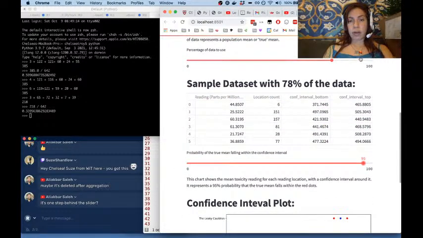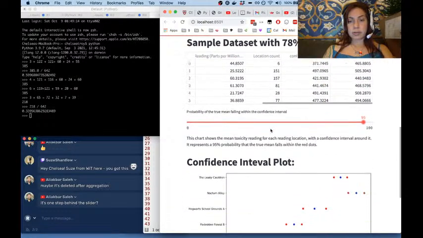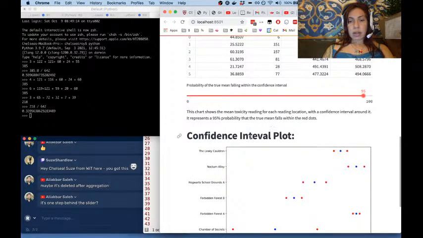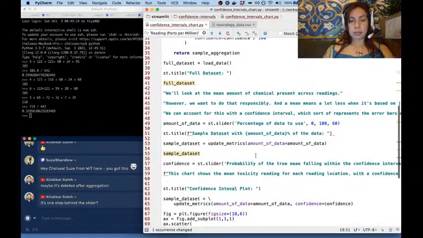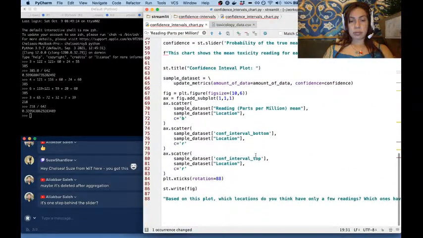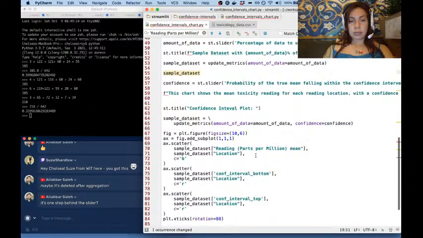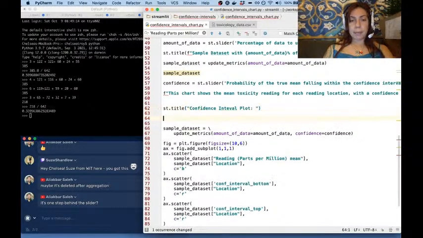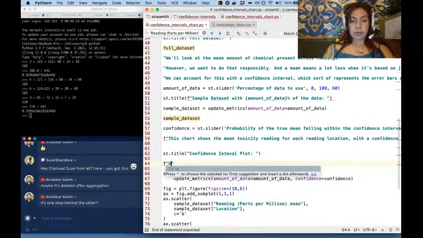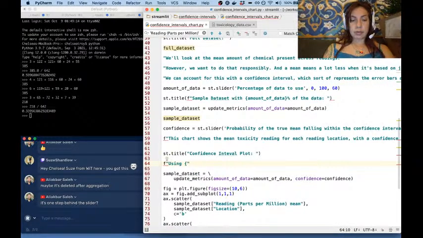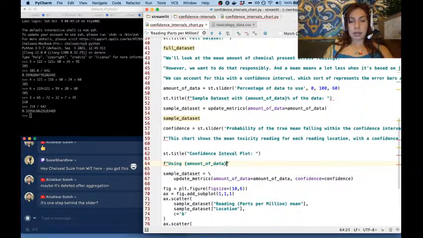All right, so now this chart is doing what we would expect. Let's put the values of those two sliders below this title just one more time to make the visualization super clear. Confidence interval plot. And let's put using amount of data